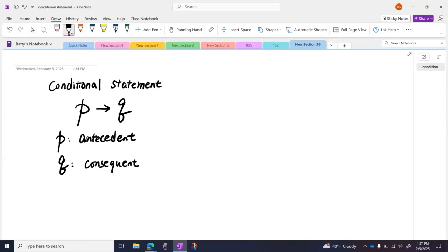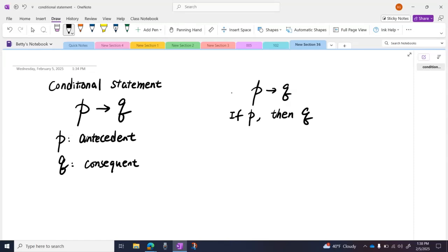I'm going to give you 4. We actually have more than 4 ways to describe a conditional statement in words, but I think it's enough just to know those 4. The first one: we express this conditional statement as "if P, then Q." We can also